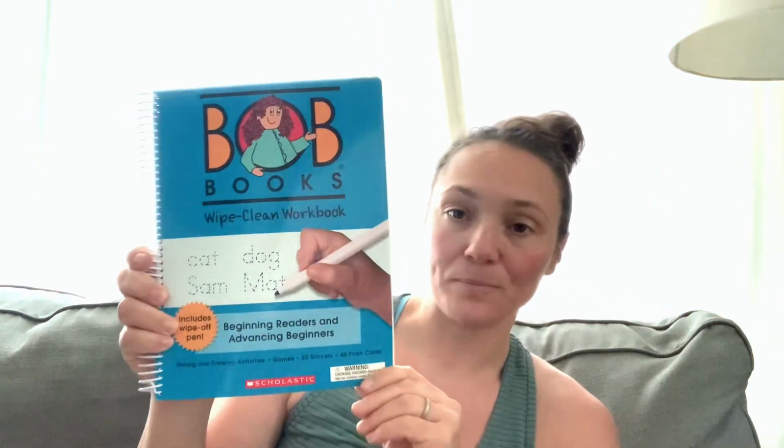And last, for Handwriting Without Tears, is the writing journal. And I believe we are going to be using these writing journals as part of our 5 in a Row curriculum. A few other things I wanted to show you are, we have this Bob Books Wipeclean workbook,